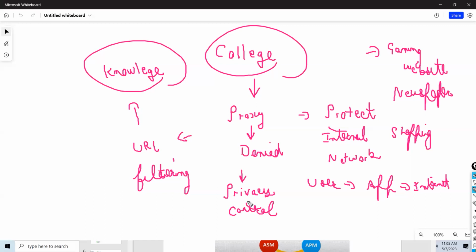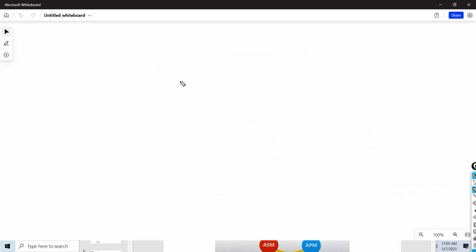See, a load balancer does not provide URL filtering, guys. It does not check whether your websites are good or bad. That is where a forward proxy comes into the picture. It's the opposite. Traffic comes from the LAN network and is forwarded to the internet. In a reverse proxy, traffic was coming from the external network and going to the LAN. Very, very important term, guys. So I will draw a topology quickly to revise this.